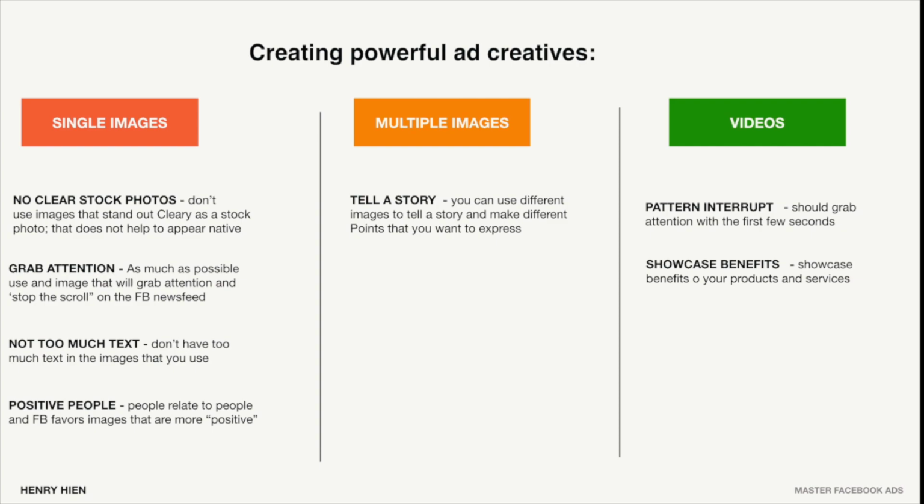In terms of powerful ad creatives, there's 3 different types of creatives that you can literally utilize on Facebook. Single images, which are just literally, as the title says, a single image. Just one image. Make sure that you don't use clear stock photos, because if it stands out as clearly a stock photo, it doesn't help to appear native. People aren't going to engage with it because they're going to come across as an ad too distinctly, and people are going to be put off by that and not take action. So don't take stock photos from Google and things like that. They just generally won't perform